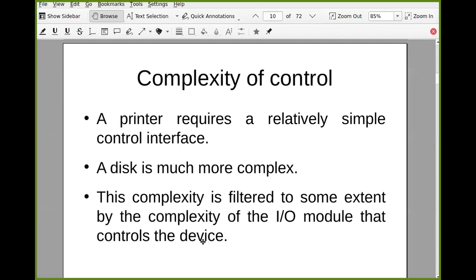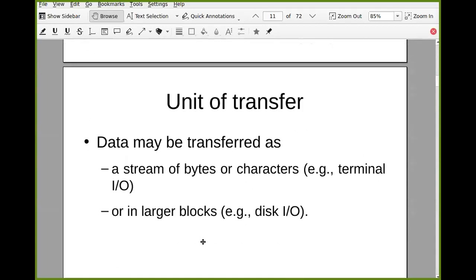If I ask you to handle a disk directly without using OS, it is not that simple. A printer is quite simple when you compare it with the disk. So disk handling through OS becomes simple because the OS contains some IO modules which can deal with that disk. Otherwise, it is quite complex.